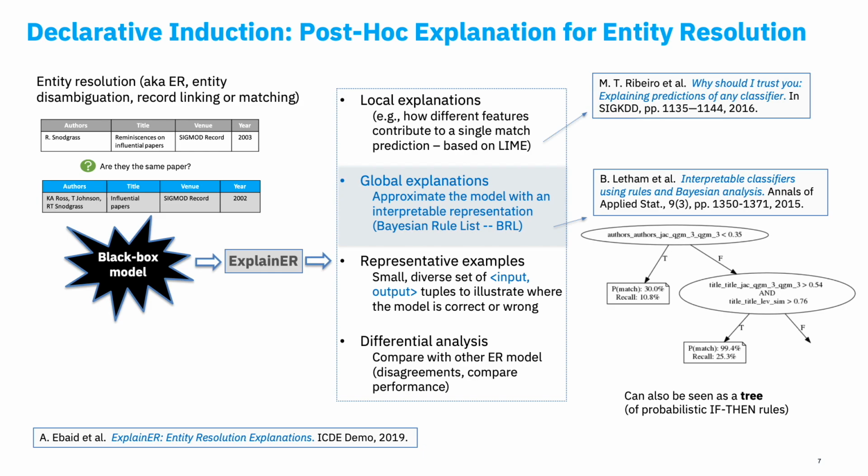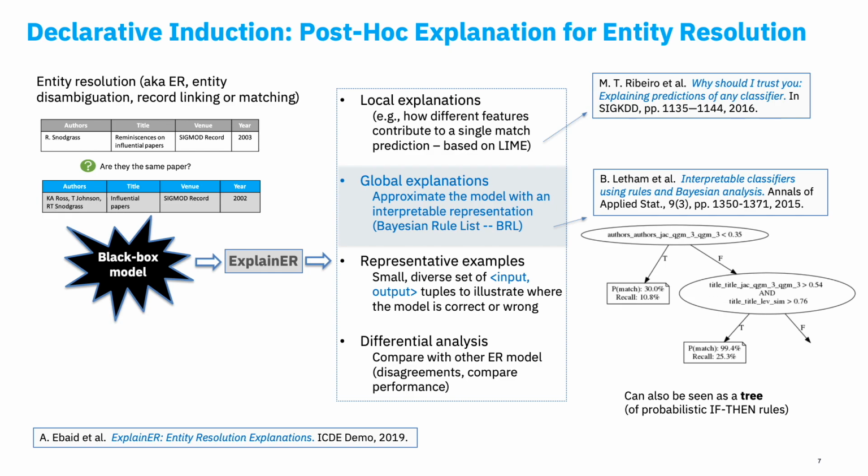Explainer is a comprehensive system that offers multiple types of explanations. Given an input model for ER predictions, which is assumed to be a black box model, Explainer can produce local explanations based on the LIME method, which was discussed earlier, and it can also produce representative examples for the behavior of the black box model as well as perform differential analysis with respect to other ER models. From a declarative point of view, Explainer offers global explanations by approximating the overall ER model with